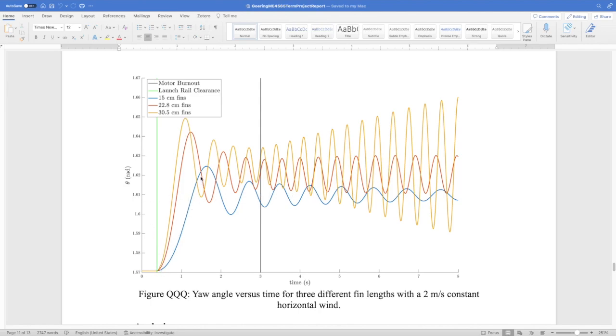So coming off the rail, it doesn't end up going off at as great of an angle from 90 degrees, right? The mean here is lower than the mean for these other cases, but that's not a risk you want to take likely. So probably wouldn't opt for something like this, although you could go for something maybe a bit bigger than that. But for this case, we probably want something closer to this 22.8 centimeter fin case, because